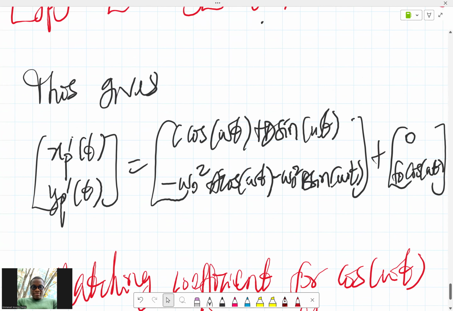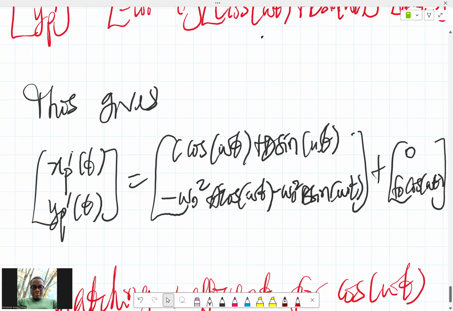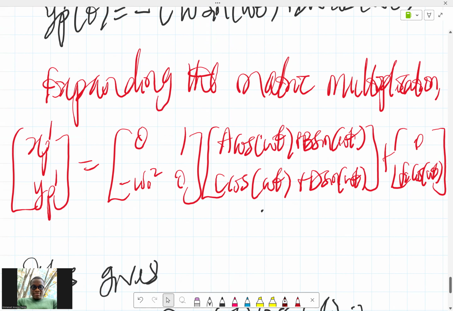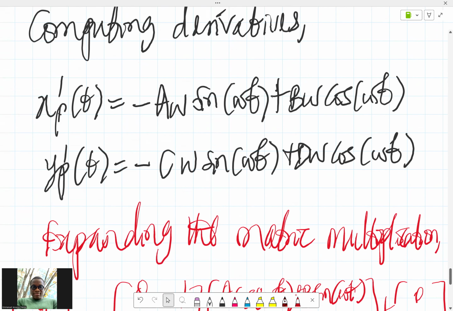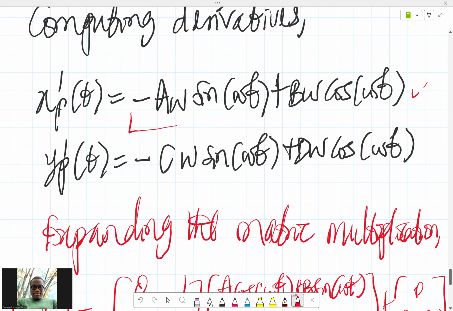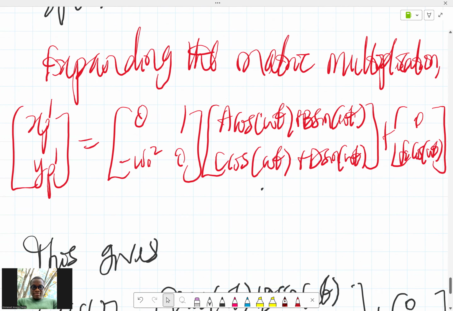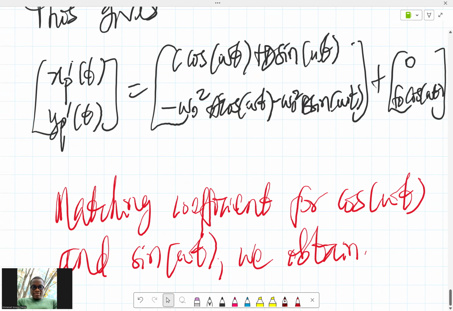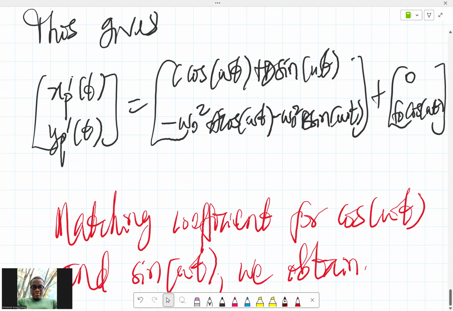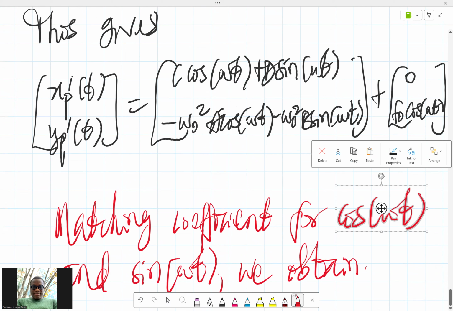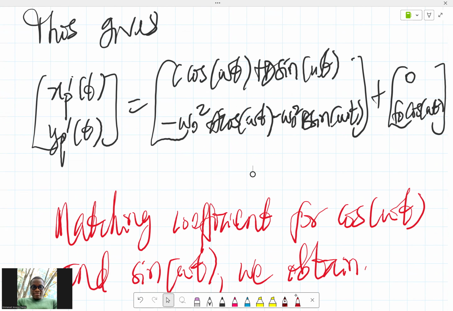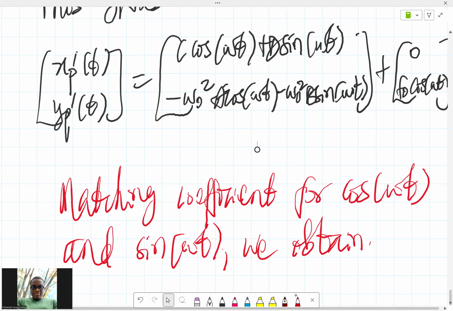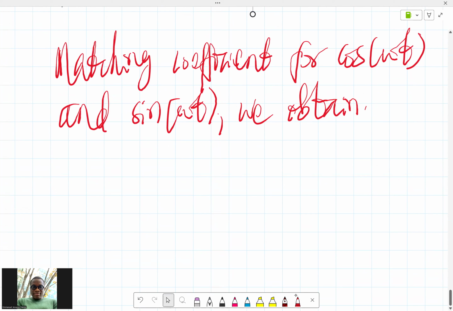C cos omega t plus D sine omega t, if we compare that with xp prime here, for sine omega t we have minus A omega, and for cos we have B omega. Here, for cos we have C, and for sine we have D. So basically, if we do that,